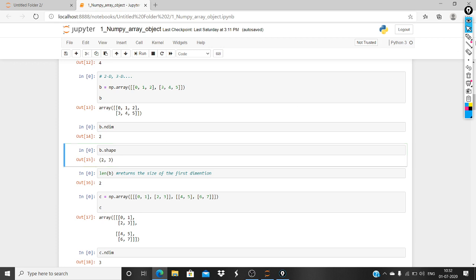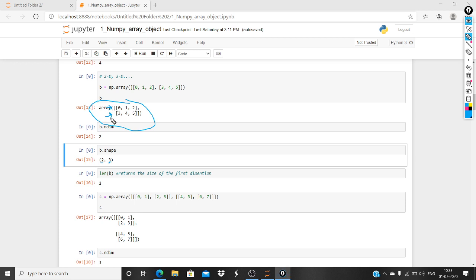Now we check the shape. This is your array. When we check the shape, it will tell you the rows and columns. This 2 is rows and 3 is columns. There are two rows, you can see 0 1 2 and 3 4 5.